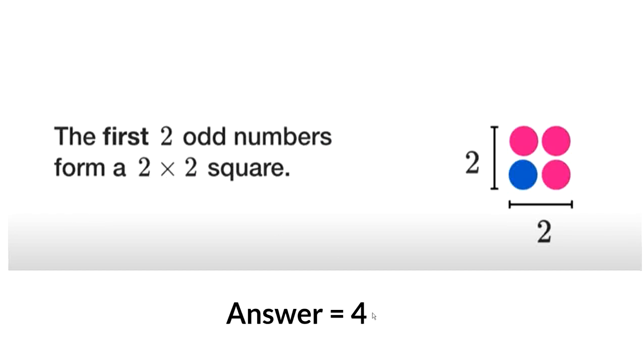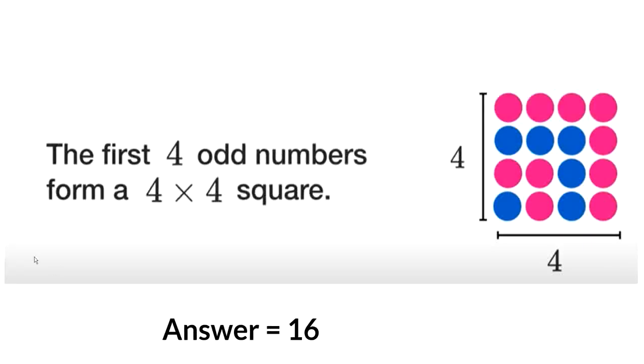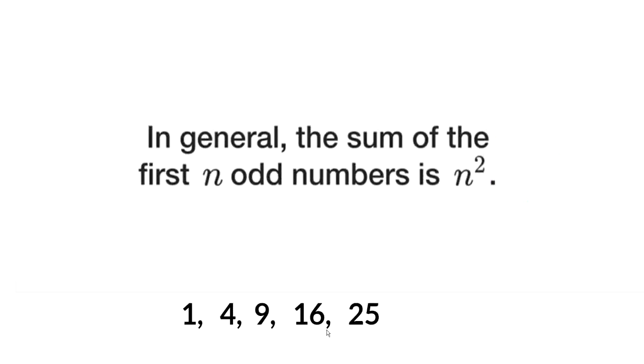For first 2 numbers it is 4. And first 3 numbers the answer is 9. You're just drawing the same pattern. 1, 1, 2, 3, 1, 2, 3, 4, 5. Okay. Altogether the answer is 9. And then now you're adding the first 4 numbers. That is, the first number is 1. And the second number is 3. And the third number is 5. And the fourth number is 7. So now the pattern has come. Just add all these circles. So it gives 16. So now put all the answers together.